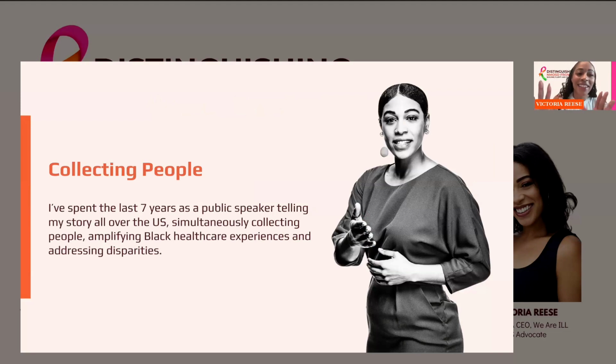I'm not collecting people literally, but this is just a term I use when I say that, when I go to a room with people living with MS, I want them to remember my name, remember my story, but remember the story of Black people and Black women that live with MS, and don't forget that Black women have MS. And so when I say collecting people, I've collected people like Brianna, who just introduced us. I've collected Dr. Mitzi on the way in this patient advocacy work, and I've collected Sumaira along this journey. And that has been the best thing ever,